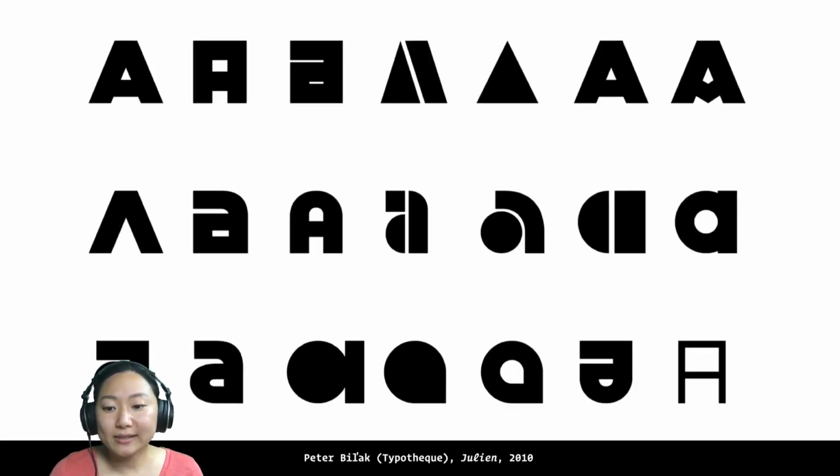So here we can see the letter A having so many digital alternates because it's possible for the typeface to have all these alternates, and it's not any more expensive to ship the digital typeface from one place to another. So if you can imagine, if this was the day of Gutenberg, someone would have had to make molds for all these different A's, and so it would have cost physical material. It would have cost a lot of labor for people to create those molds. But digitally, as long as the designer is willing to put in the time and effort, the cost of manufacturing is a lot less.